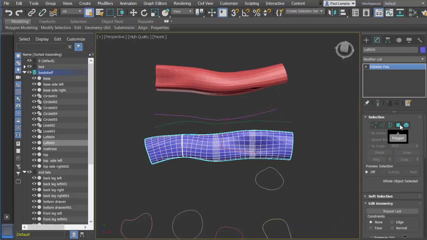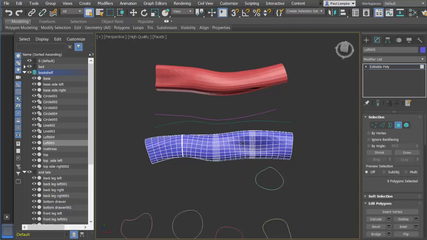So the reason I'm doing this is that if I wanted to do some more things, like select a few faces here, I could perhaps extrude these, or I could just move them. If I wanted to pull them out a little bit,